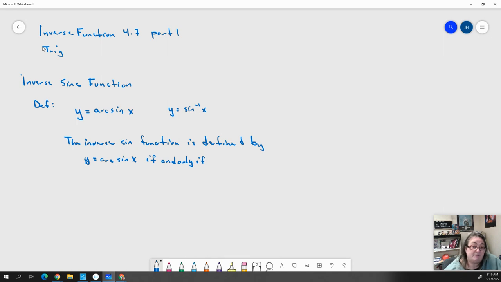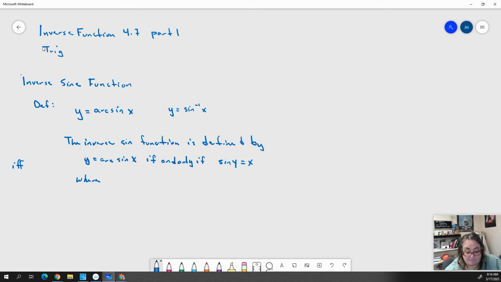In mathematics, if and only if is usually abbreviated like this. But I didn't figure you guys would know what that meant. If and only if sine of y equals x,